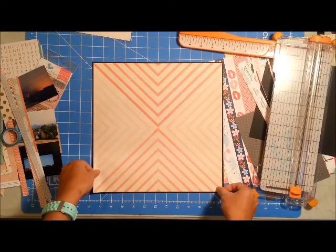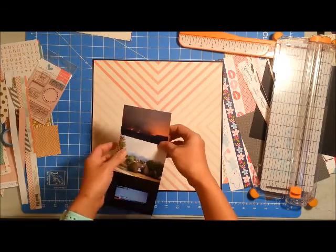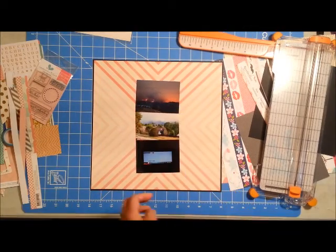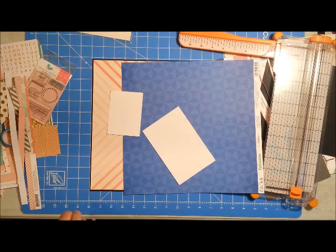So I love that paper. That's from Recollections, and I love how the arrows or the triangles point to the center, and that's how my layout is going to start off. I want the pictures to go in the center, and they are three 3x4 photos,